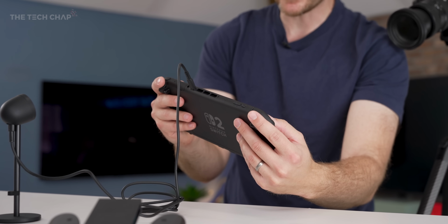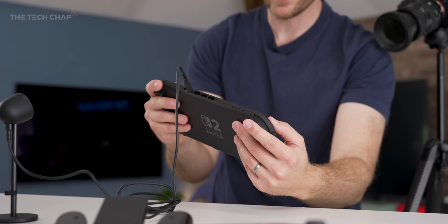So what are we saying? Switch 2, is it worth it? Well, I've only had a couple of days with it so far, and it is a big upgrade over the original Switch. Smaller upgrade over the Switch OLED, which of course gave us the better stand and the OLED screen, but it is more powerful, it is a nicer screen, although I do feel like it could have been even better. Yes, it's 120Hz, yes, it's high resolution, but versus an OLED, we are getting grays, dark grays rather than